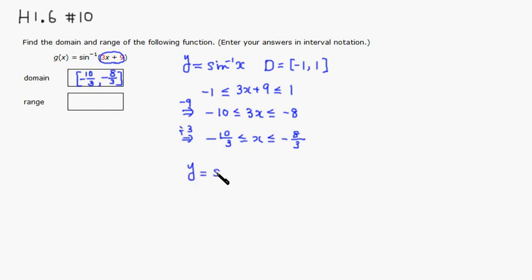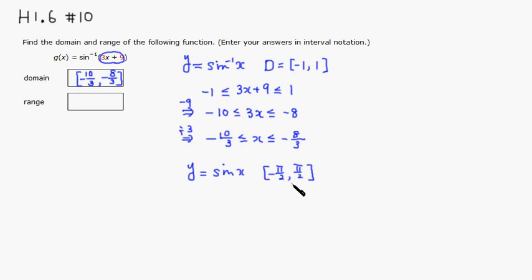So remember that in order to have arcsine, we restricted the domain of the sine function from negative pi over 2 to positive pi over 2. So the range of this arcsine function is the same as the domain of the